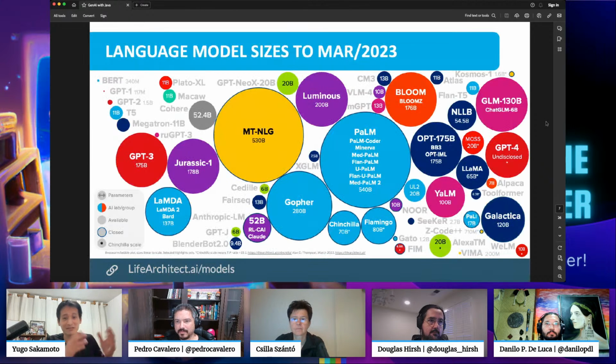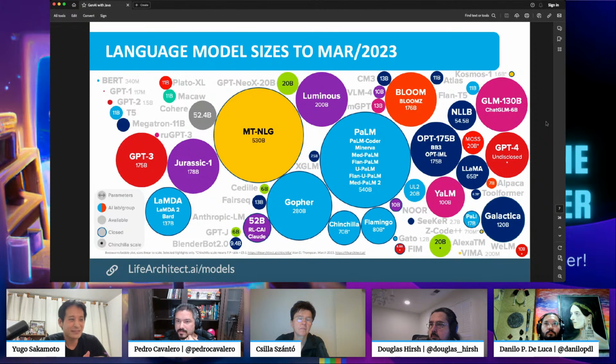As I was saying, we have a lot of models available nowadays, and for these large language models to have a good output from some question or input, they have to use a lot of data.